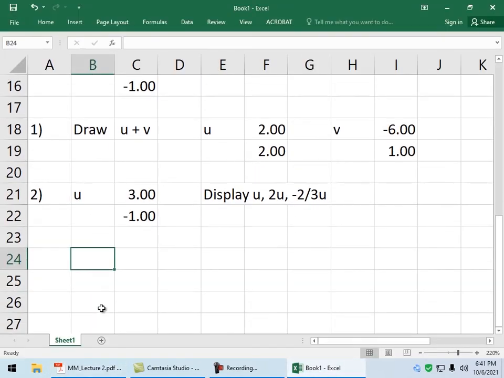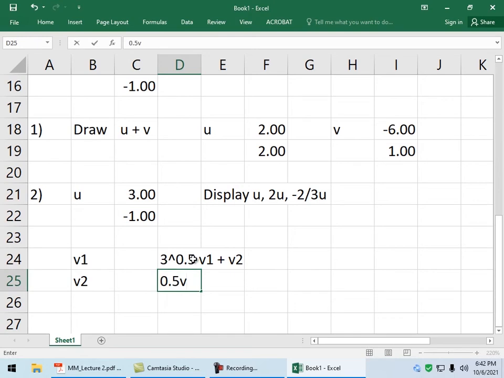So something like, we have vectors v1 and v2, and we produce 3 to the power of 0.5, this is the square root of 3, times v1 plus v2. This is normal. Or 0.5 times v1 equal to 0.5 v1